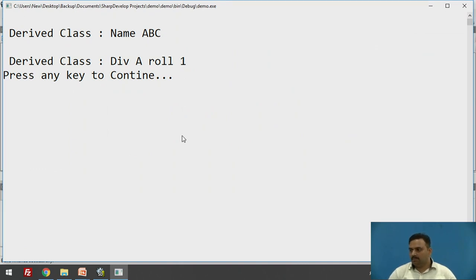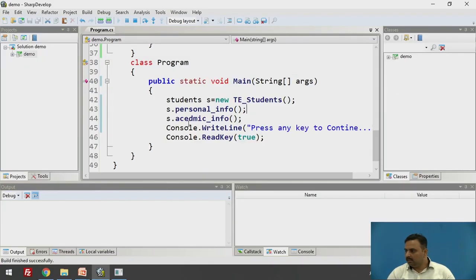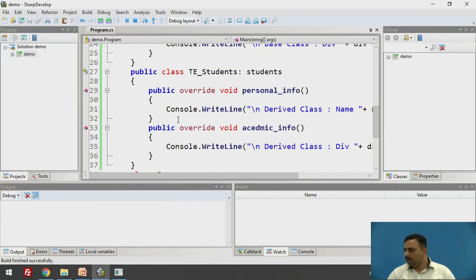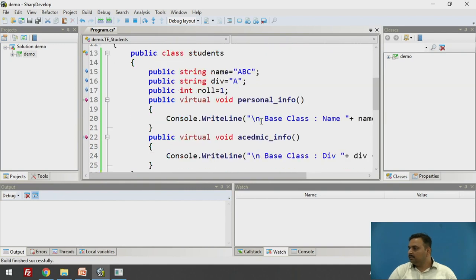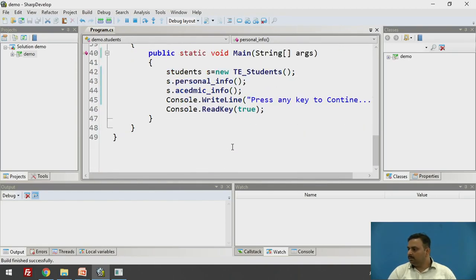Because we are adding one more method inside it here. So in this fashion, if you remove that method here again, it will again pass to the base class. I will show you the demonstration of that one. Okay. So if you remove this part, then the control will pass to the base class.